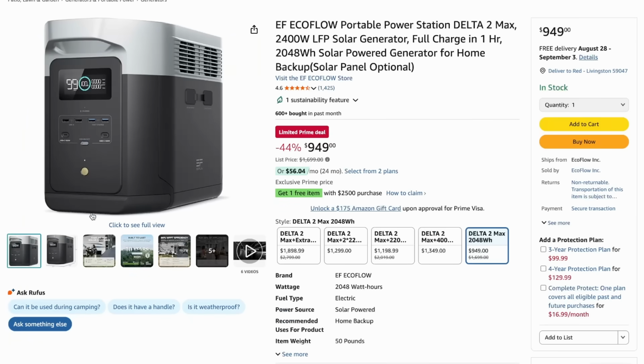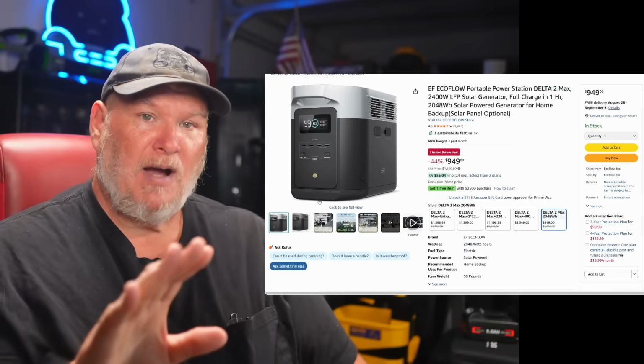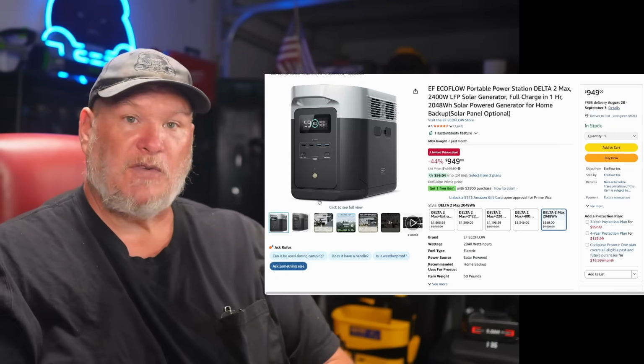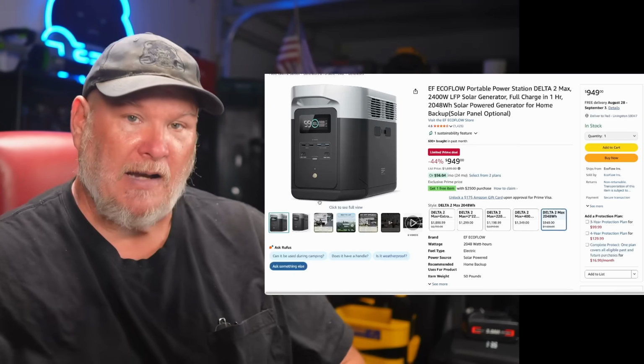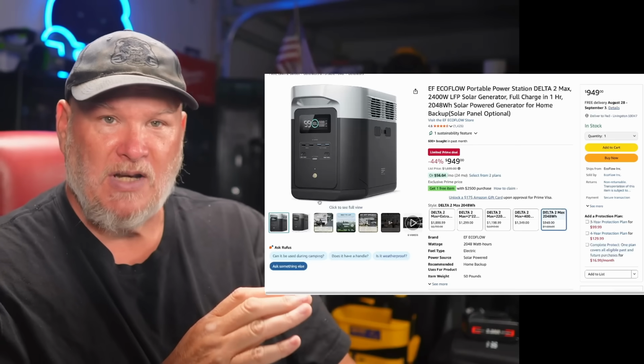All right, then we got the EcoFlow Delta 2 Max. This is the 2K box. This is the same box all my stuff is running off. Everything I have here runs through the box right down there. All right, so I'm using it as a